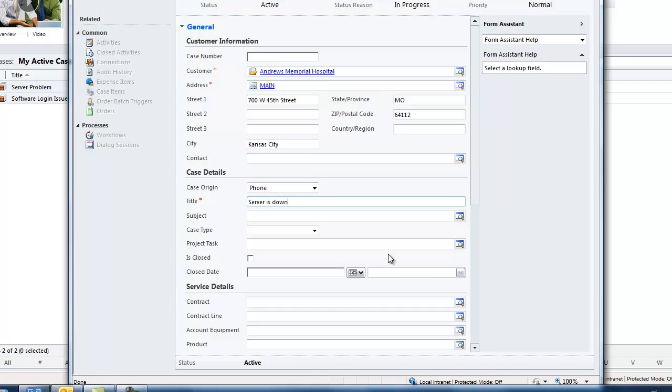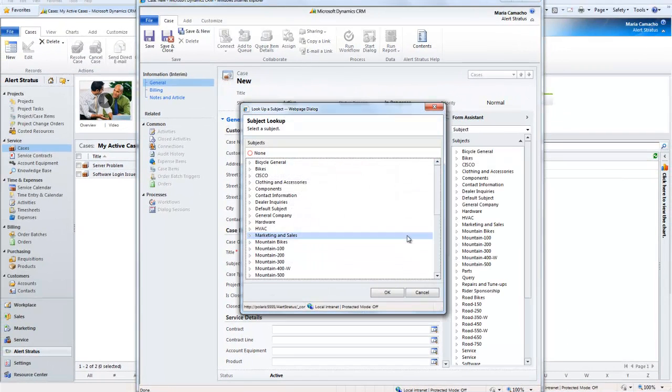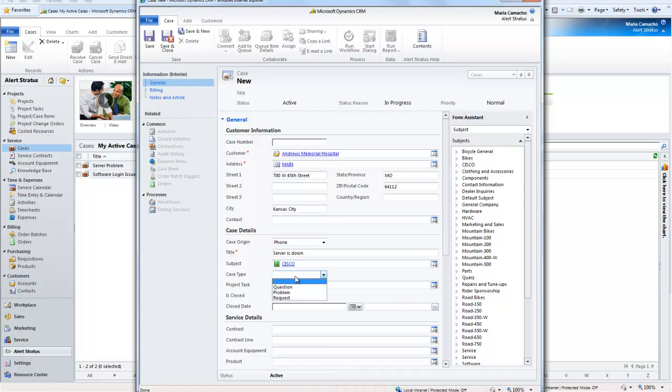They have told us that their server is down, and we can identify a subject to associate with the case. Give it a case type. Is it a question, problem, or request? Again, we will say this is a problem. It can be associated with a project task to the Stratus project system, or it can simply be a support